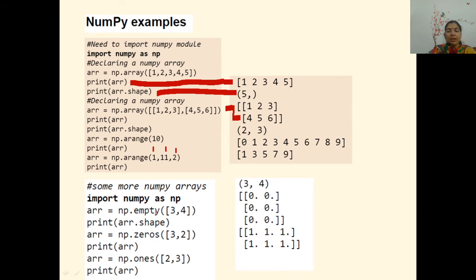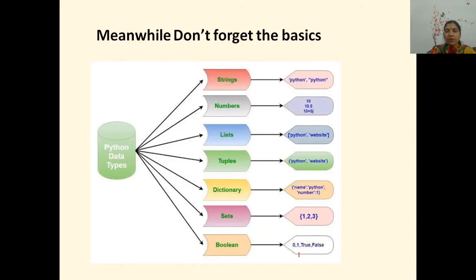How to create a NumPy array using the empty function. This particular print method is going to give you the shape of the array. I want to create a 3 rows, 2 columns NumPy array with zeros. I will use the zeros function. Then arrays of ones we can create with the np.ones method. So in this way, a small review is done.